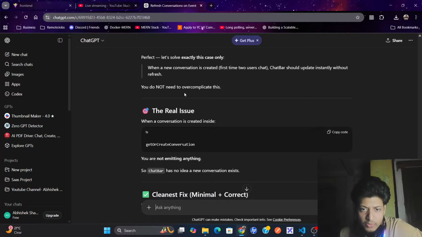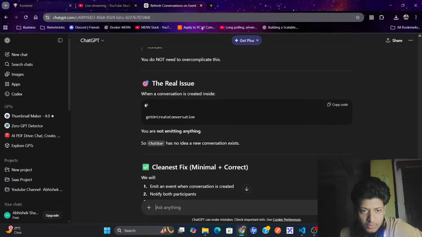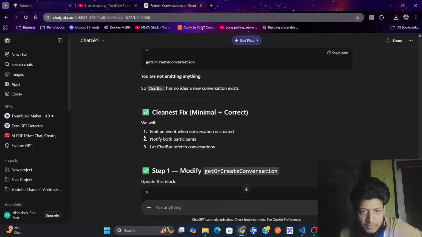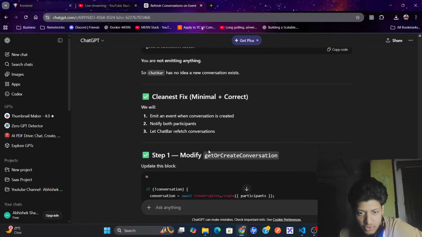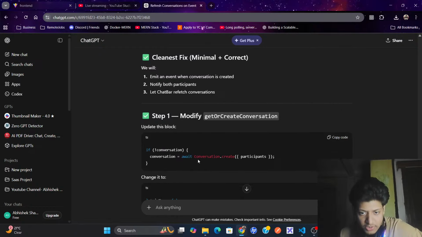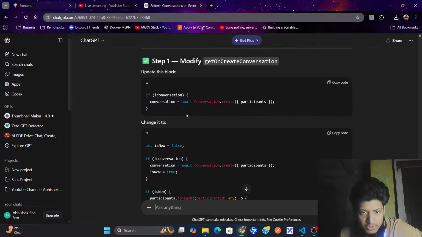You do not need to overcomplicate this. The real issue: you're not emitting anything, so the chatbar has no idea a new conversation exists. Okay. Minimal correct fix: we will emit an event when a conversation is created, notify both participants, and let the chatbar refetch conversations. Modify get or create conversations. This block, change this to